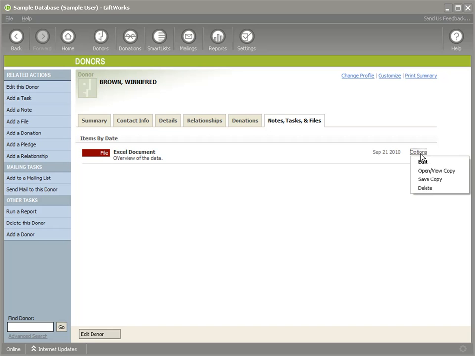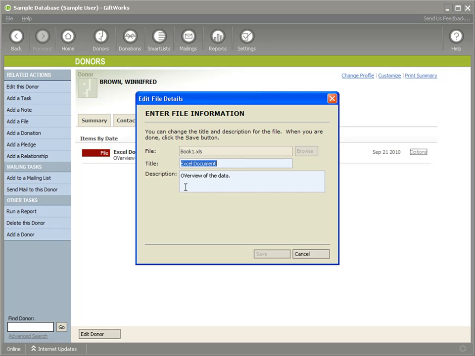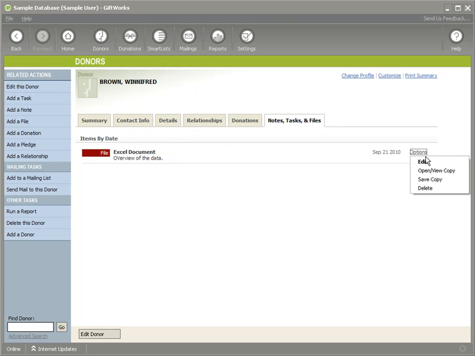I have some options out at the end, such as edit these details for this file. I can view or open this document. I can save a copy of it if I wanted to save it back to my local machine, or I can delete this. GiftWorks adding files for donors allows you to keep track of all your files for each donor,